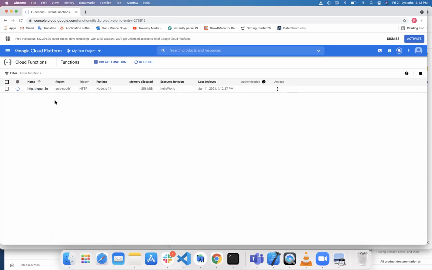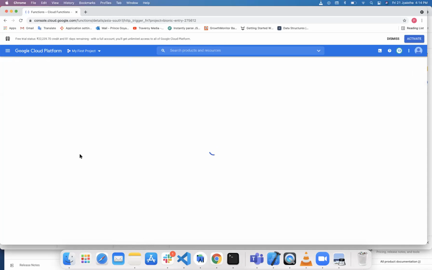It will take some time. Yeah, the function is ready, so we can check the function by clicking on it.